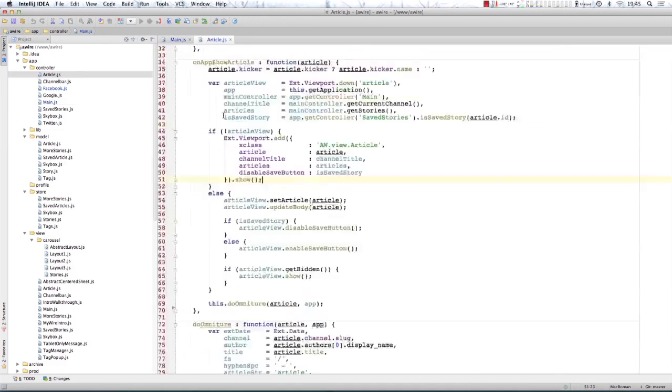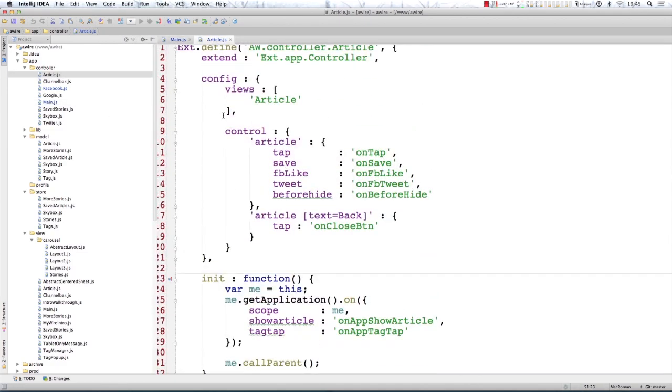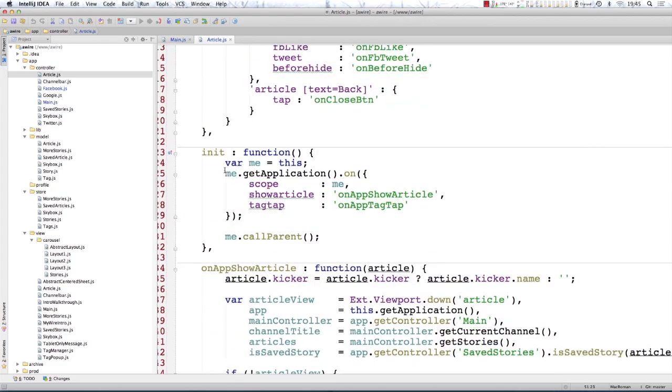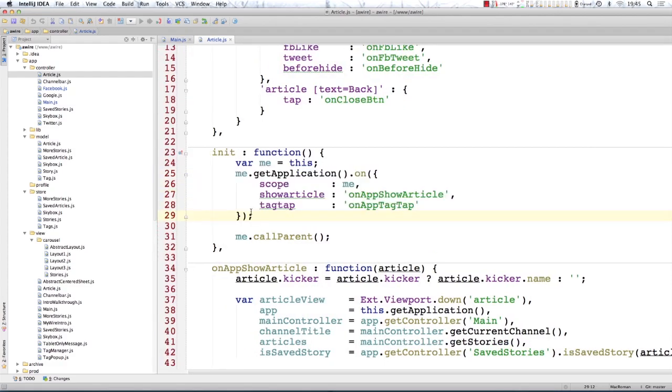So if I were to go to the article controller, I can show you. I'm pretty much done with slides for now. It's easier if I just show it to you this way. When the controller itself bootstraps and goes through its initialization phase, it subscribes to the show article event from the application level. So think of this as kind of like a message bus where you're just broadcasting a message. So the article controller will listen to the show article event, and it's going to call this onAppShowArticle